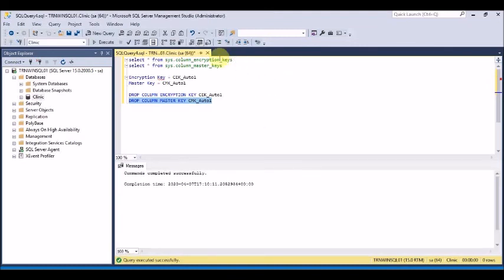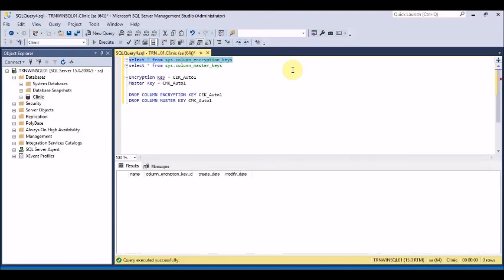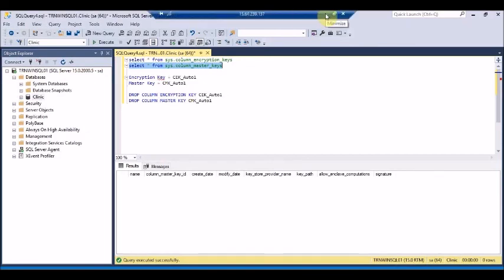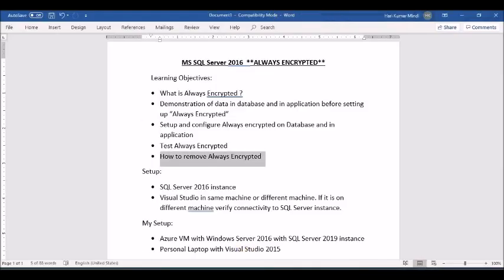All right, so it's done successfully. Let's run the query once again just to make sure. Good, we don't see any encryption keys here, and we'll also look for master keys. Yep, so the column encryption keys have been completely removed,